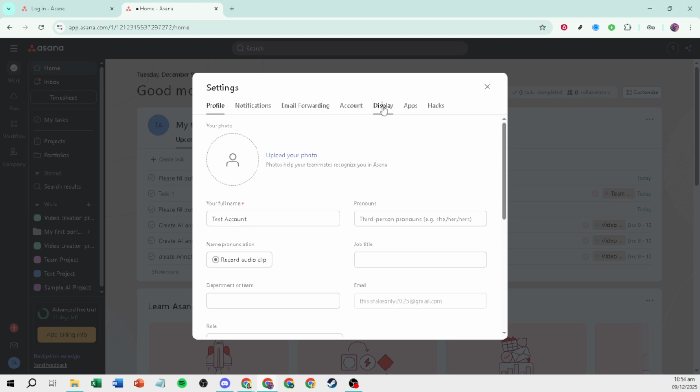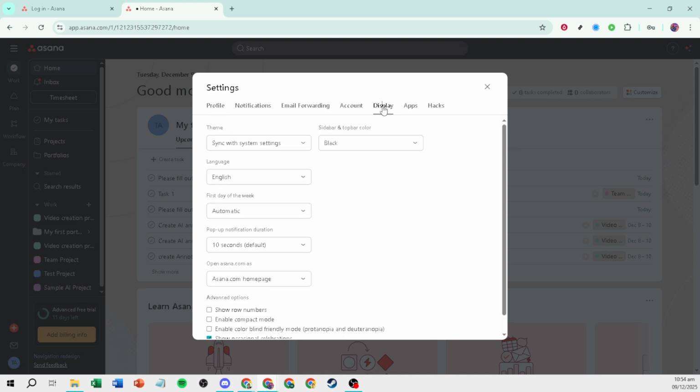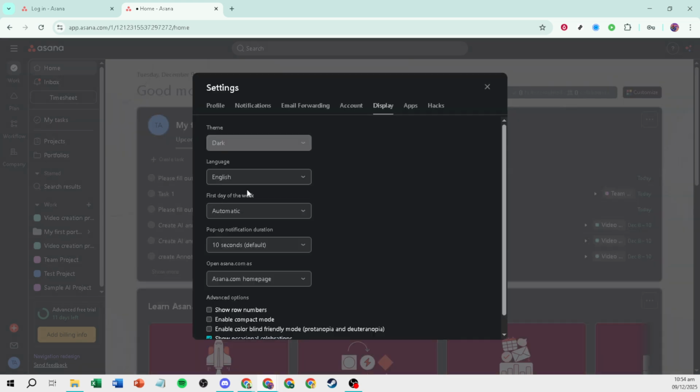This is where Asana groups all of its appearance and theme options so you can keep everything related to color and contrast in one place. Under Theme, you'll see 3 choices: Light, Dark, and Sync with System. Light gives you a clean, bright interface that's perfect for well-lit rooms and daytime work. Dark reduces glare by using darker backgrounds, which many people find easier on the eyes at night or for long